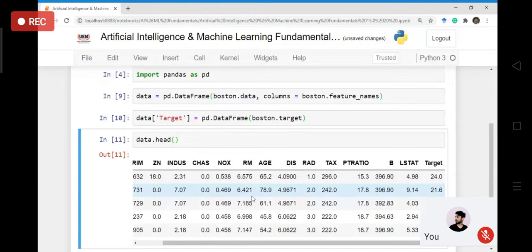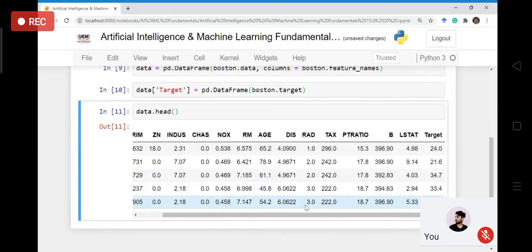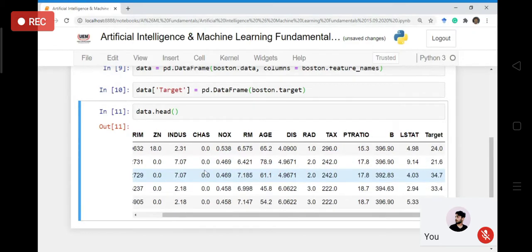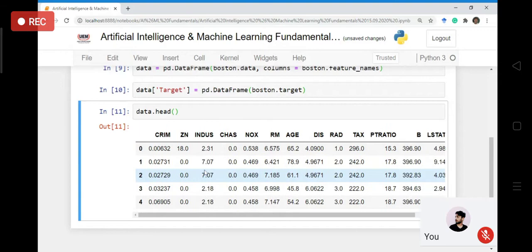So the problem is like this: given all these 13 values, can I predict this target value? That is the problem that I want to solve. Now at this point of time, in simple linear regression, we would like to keep things as simple as possible. So today I am going with a single variable linear regression problem.